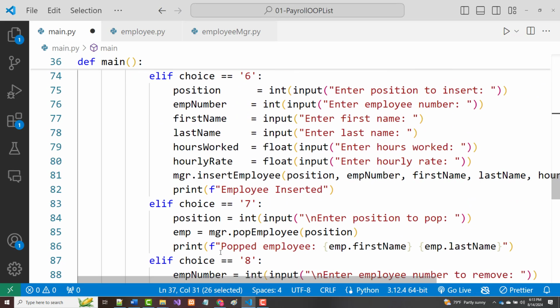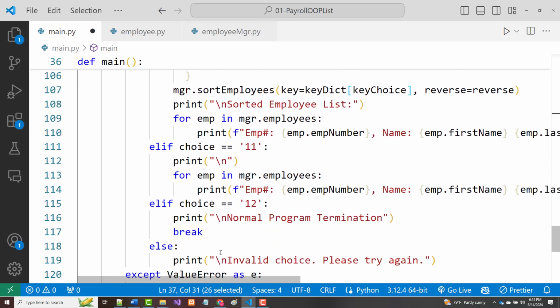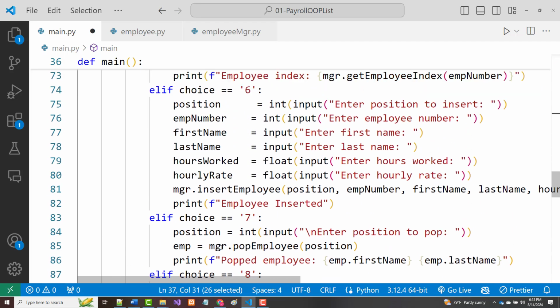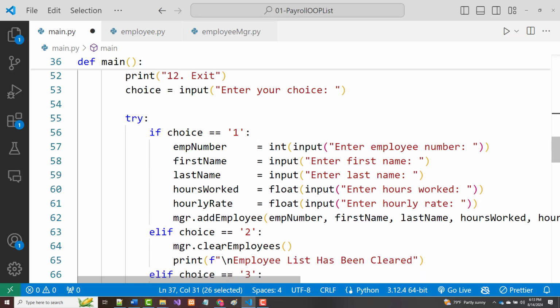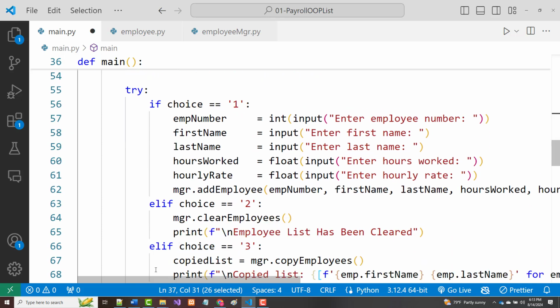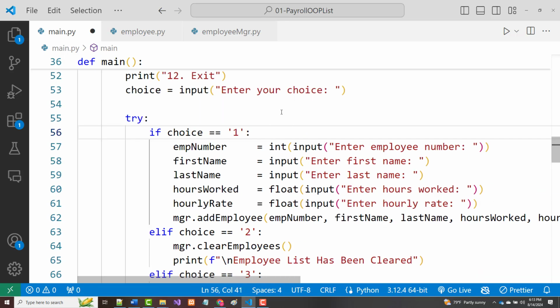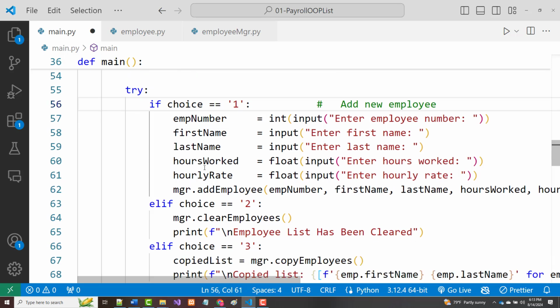Then inside of a try except block, as you can see, we try. If the choice is 1, that's the add. So let me go back in here and add, and no pun intended, let me add that. So this is add new employee. All right, so we set up everything here. There's their number, their first name, their last name, their hours, their hourly rate, etc. It's all in there. Then we've got a 2, and the 2 is to